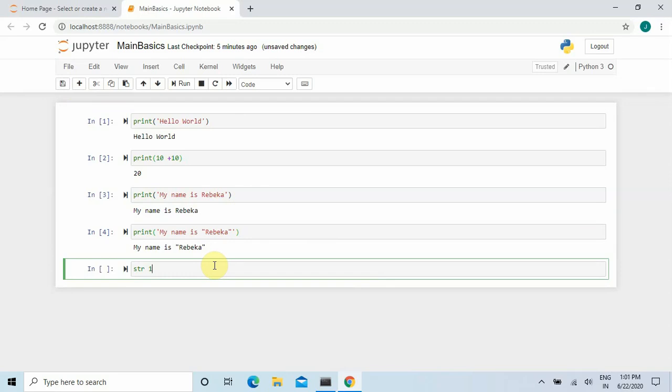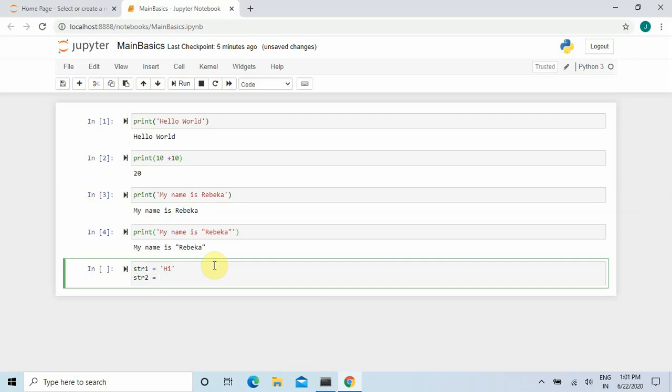Java has characters and strings both, but in Python there is no concept of characters, only the concept of string. So I will take one string, suppose str1 is equal to, I will write hi.